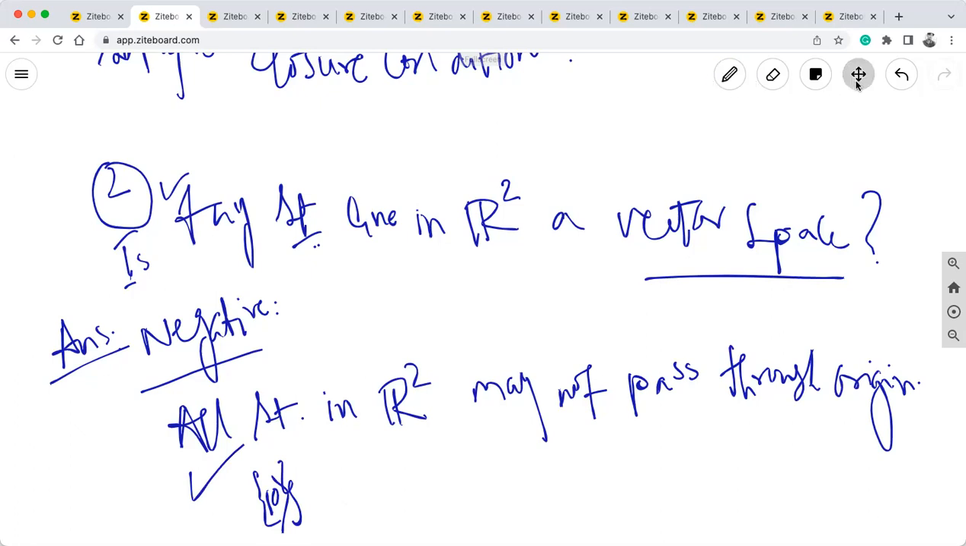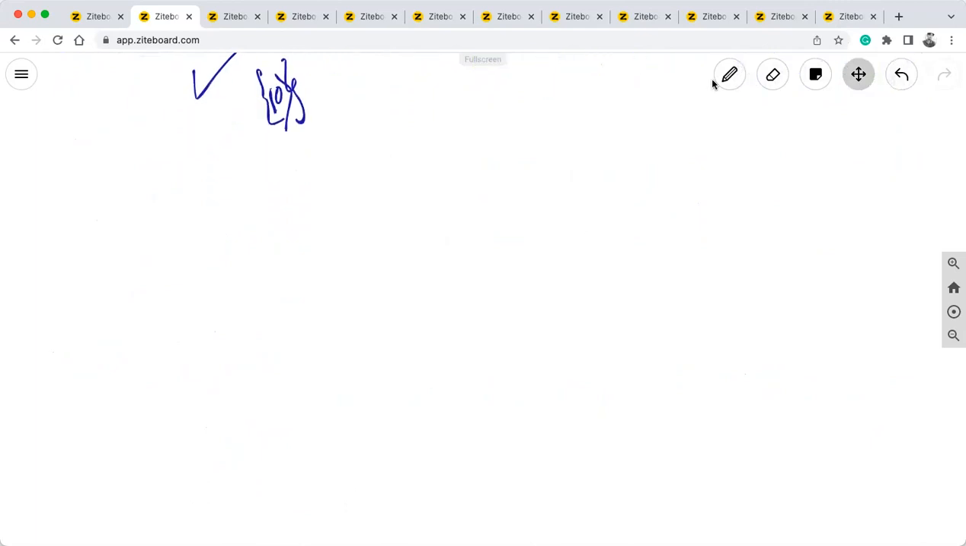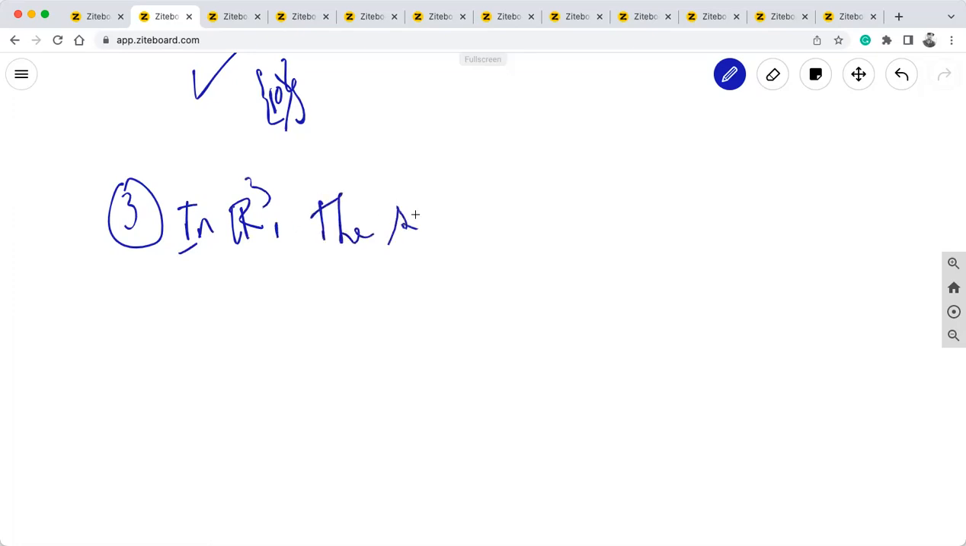So extending this point to note 2. So I'll write another note. In R3, in third dimension, the subspaces are... So in two dimensions, obviously your origin is a subspace, as well as all the straight lines passing through the origin. In R3, the subspaces are